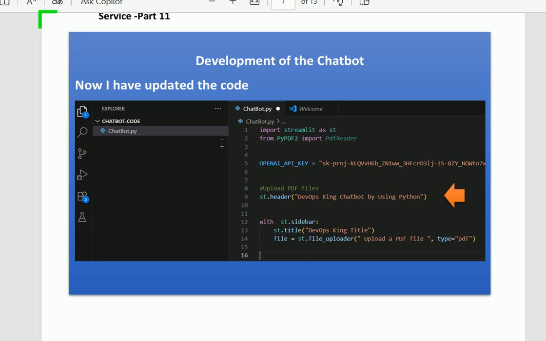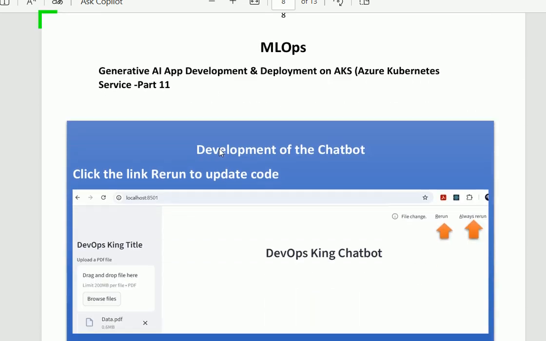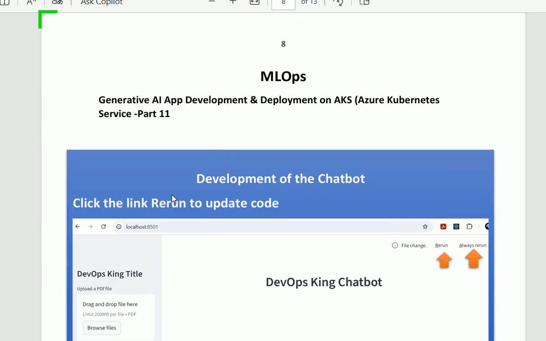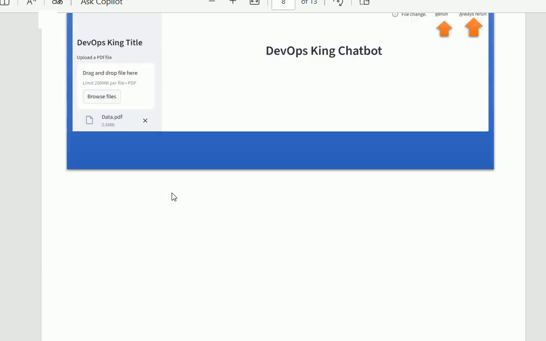After doing the changes, in the next part you can see that there are different options. The first one is file change. The second one is rerun, and the other is always rerun. When you click on rerun, our latest code will be updated and our application shows the reflection of the new code.